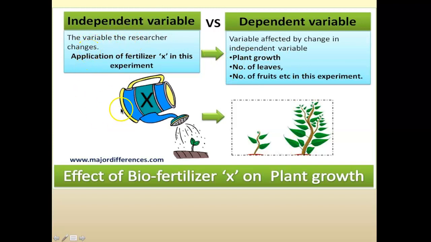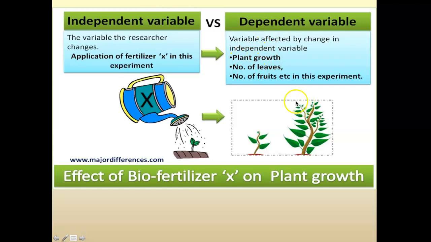So in this example here, we are working with some kind of new fertilizer, fertilizer X. And you want to find out if the fertilizer X makes a big difference in plant growth, right? So your independent variable, the variable that you're changing, is the type of fertilizer. Let's say you use no fertilizer on one plant and your fertilizer X on the other plant. What is your dependent variable? What the dependent variable is, it depends on your independent. So this is the plant growth,